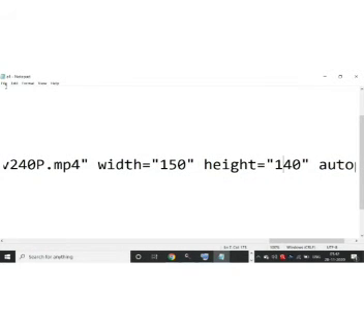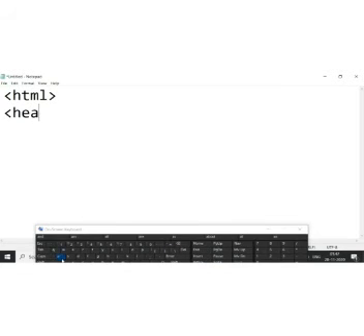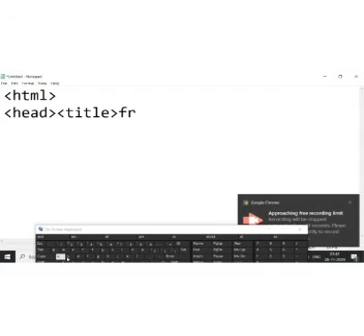Clear, girls? So now we will learn how we can apply CSS, that is style. Cascading style sheet means, as I've already told you, applying style to your HTML document. So the tag that is used to apply style is the style tag. So you will write here